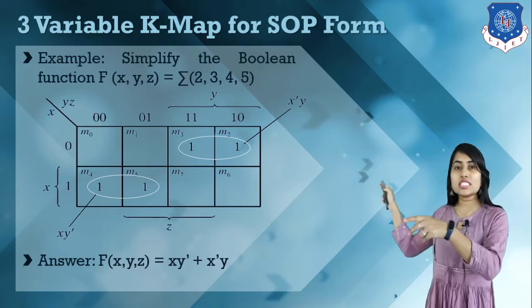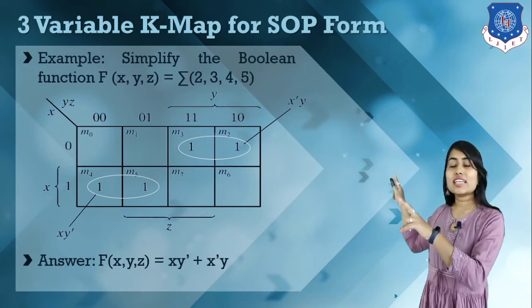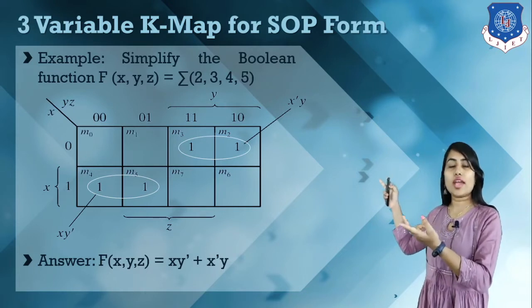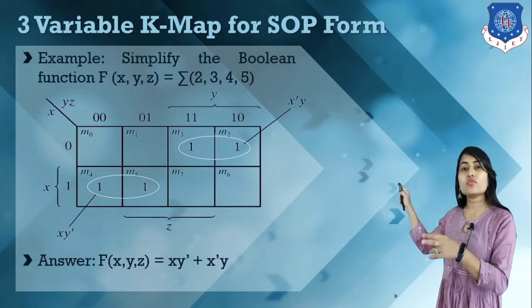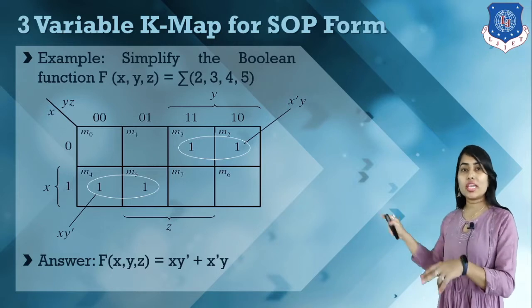group, in this direction we have a common value, that is x dash, and for the vertical direction if we look, here we have a common value, that is y. Okay, so the group function for this is x dash y, and for this condition here we make a group of 2 like this.